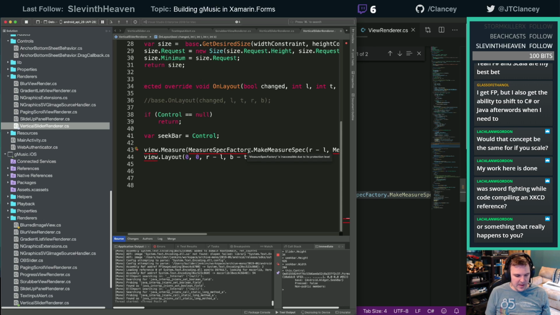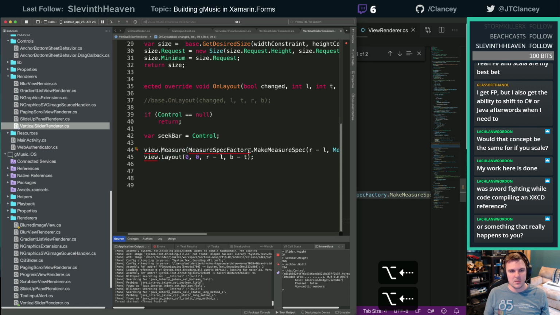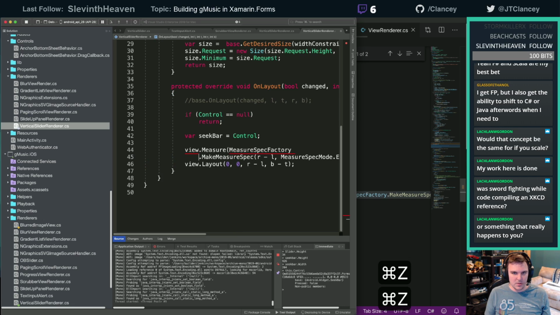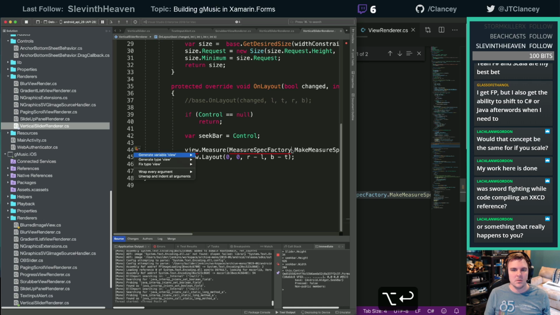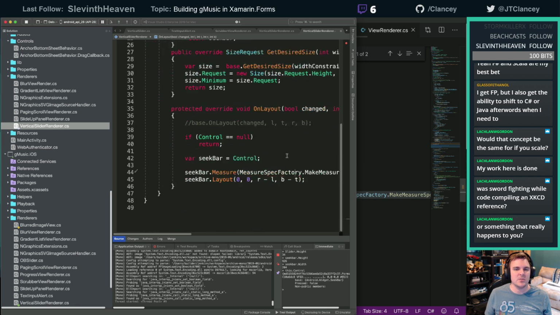Measure spec factory. Do I have, that's the, hey, it's an Android view, so yes. Oops, undo. Seek bar. Measure spec factory.